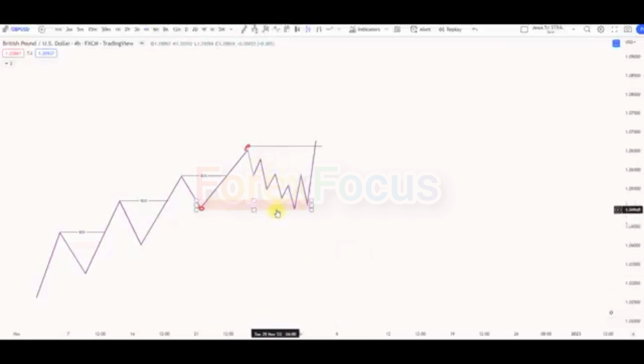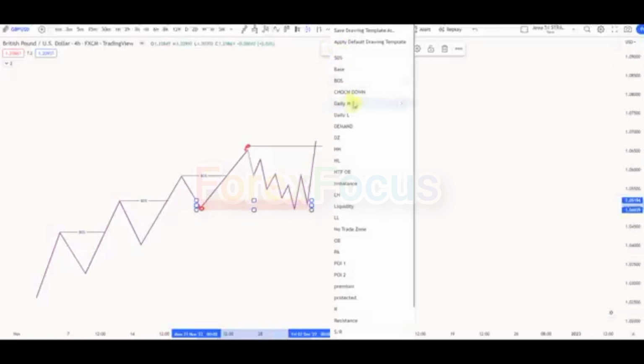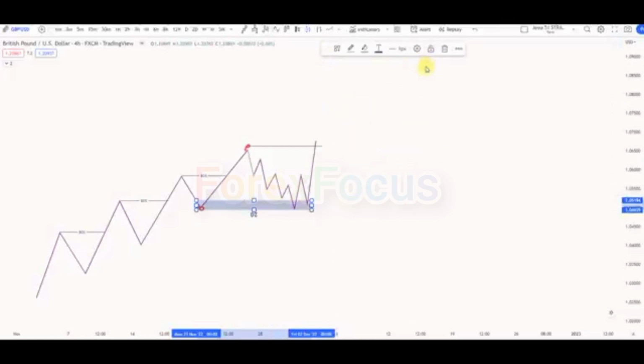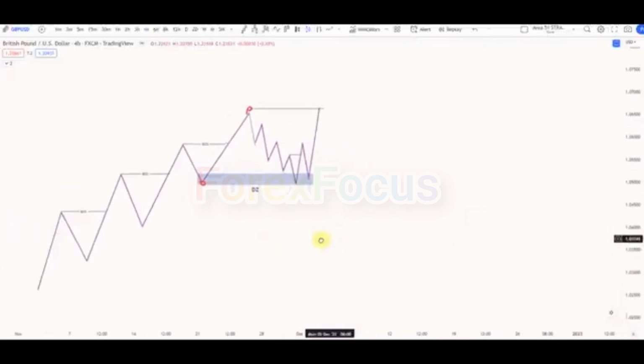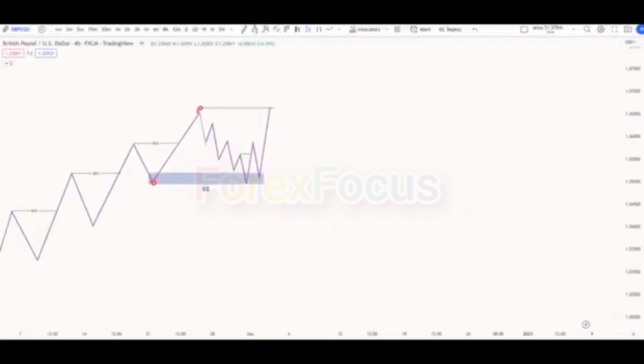So once you identify the market coming down on the lower time frame and it hits your demand zone, you wait for a change of character back to the structure here, your demand zone, and then you target your previous highs there. Okay,